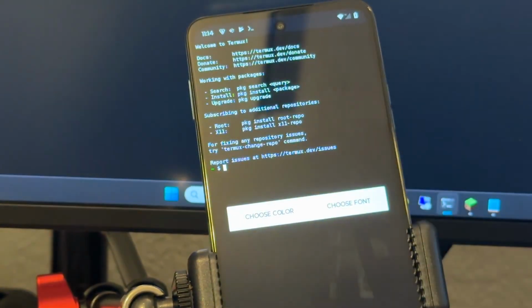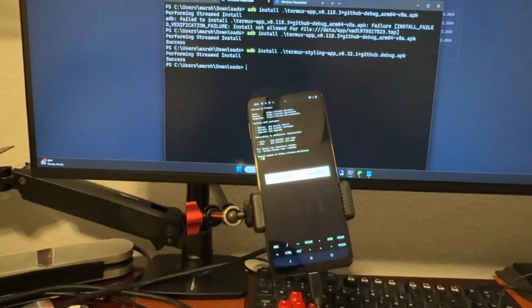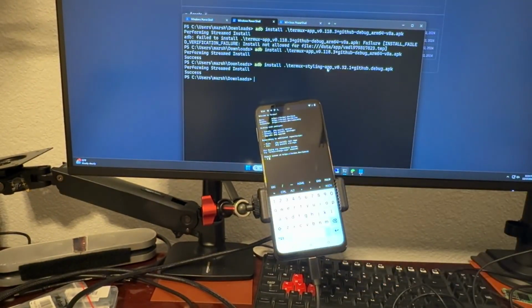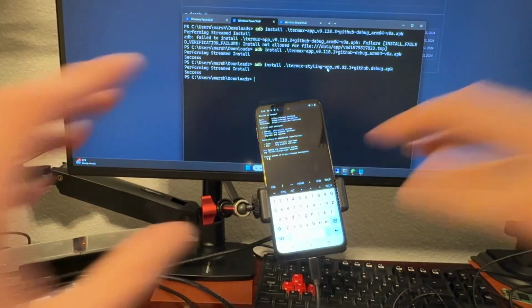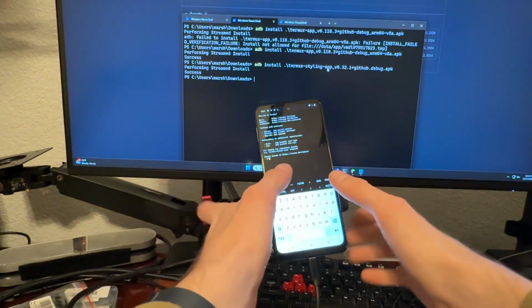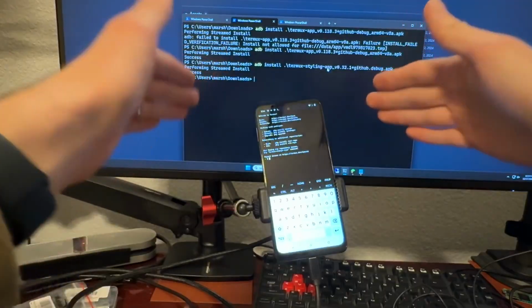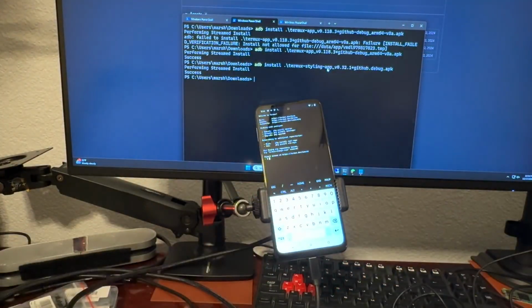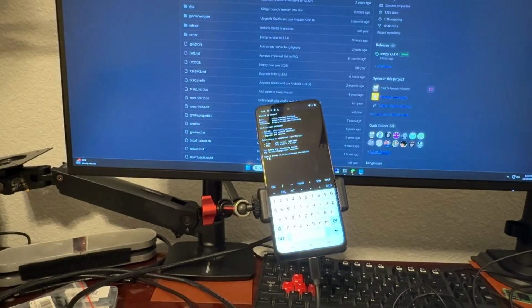Okay, so now that we have that out of the way, we have fonts. It looks good. What we're going to do now is get into the part where you have to type commands into the phone. There are only a few commands we have to type before we're going to get SSH and then be able to run commands from our computer. But you can do all these commands just on the keyboard. I'm going to use a tool called Screen Copy,